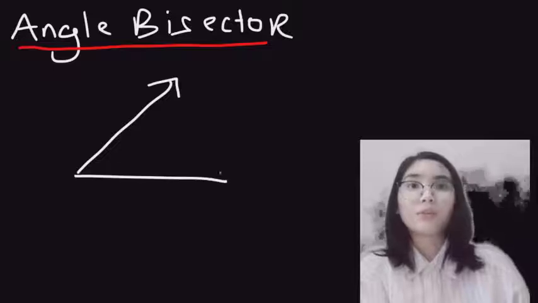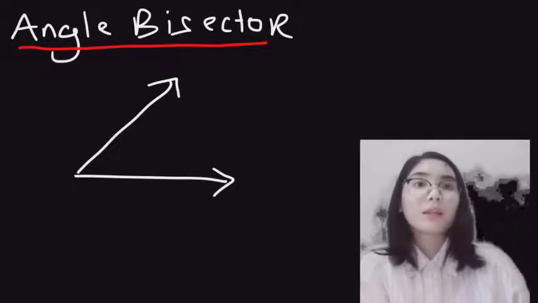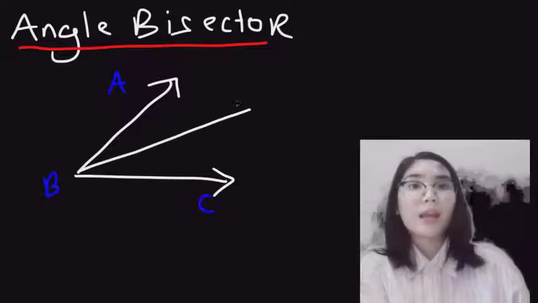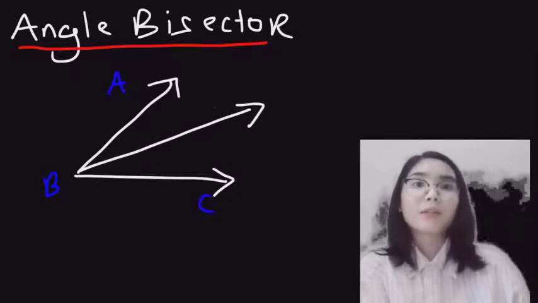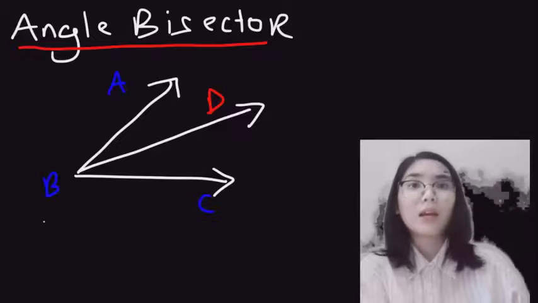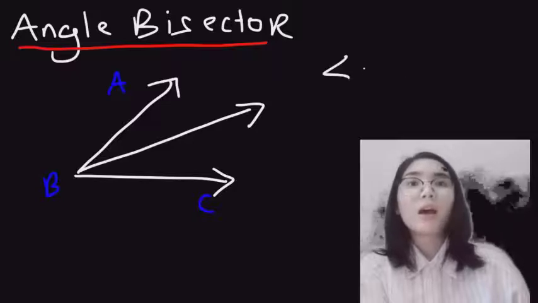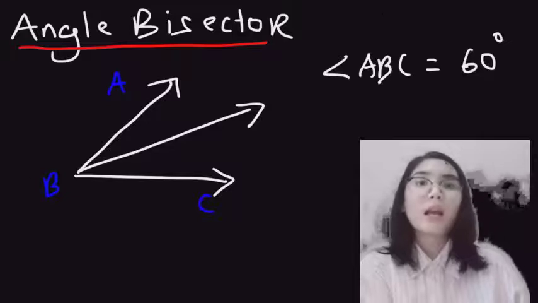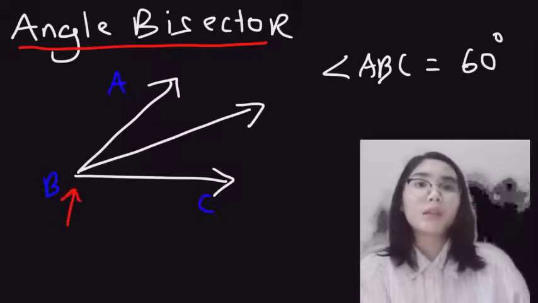Now another term you need to be familiar with is something called a segment bisector. Let's say we have a ray that passes through the midpoint. Ray RB is considered a segment bisector because it bisects the segment into two congruent parts. So we can see that AB and BC are congruent to each other.